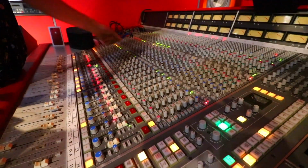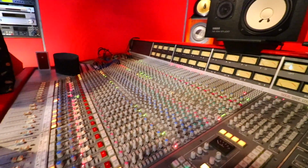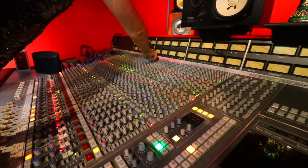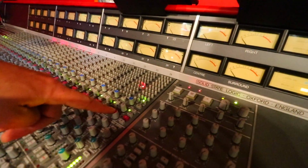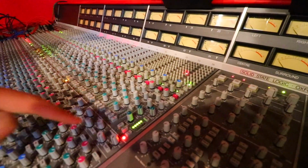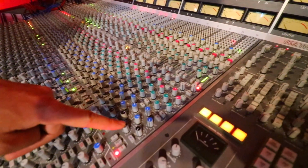No. You could. I use the first 4 compressors here as parallel compressors and use the routing matrix. This is sending to 3/4, this is sending to 2, and then I use the small fader to send to 2 parallel compression buses. We got the routing section. Preamps. Compressor, noise gate, expander, filter section, high cut, low cut, 4-band parametric EQ, and it's all switchable, and you